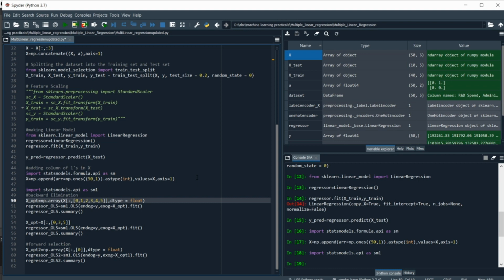Similarly, in forward selection, we are going to start with one independent variable, and we are going to keep comparing its relation with our dependent variable. If it's quite related with our dependent variable, then we are going to let it stay in our independent variables, and then we are going to add another independent variable, and compare the relation of the second variable with our dependent variable and check whether they are highly related or not.